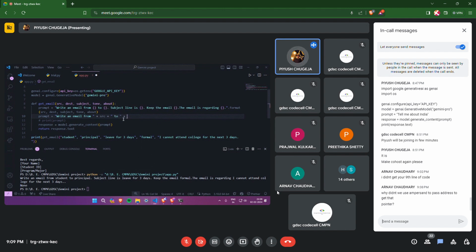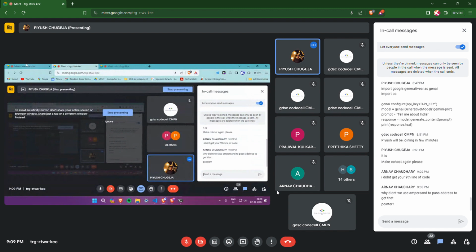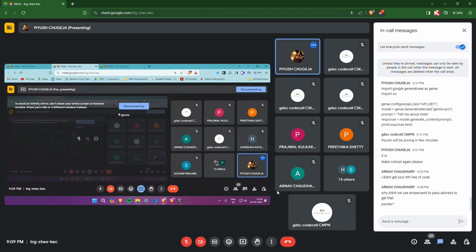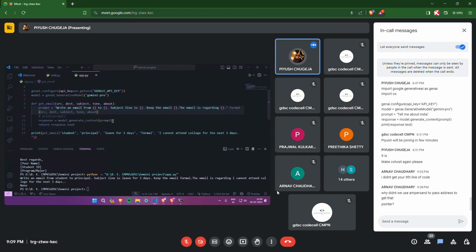So it doesn't matter how you're building your prompt. What matters is your prompt is being built properly. So don't go over the syntax, just look at the logic. Alright, I hope everyone's email is being generated on the command prompt.